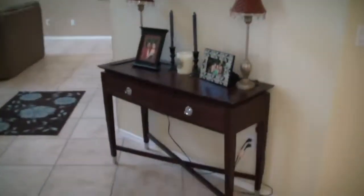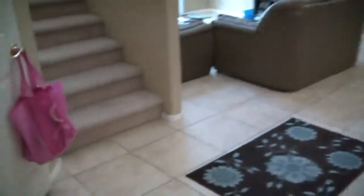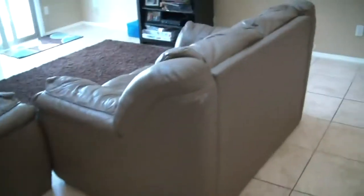So the square footage in this particular room, I didn't incorporate this little area right here. That's just a very nice little entrance piece area. And then we go into a closet door that has a nice deep closet for storage. We go into the family room. The family room is 13 by 14. It does not have a light fixture, which would need an extended rod. And then we go into the